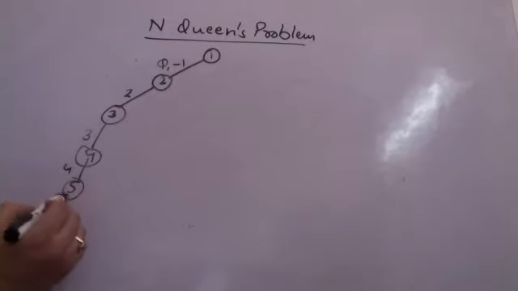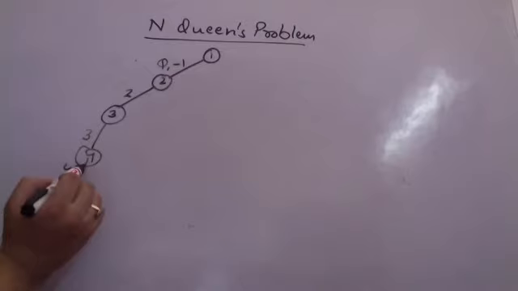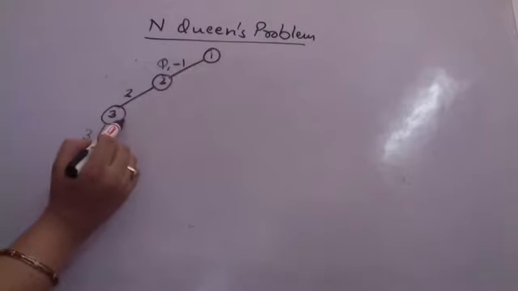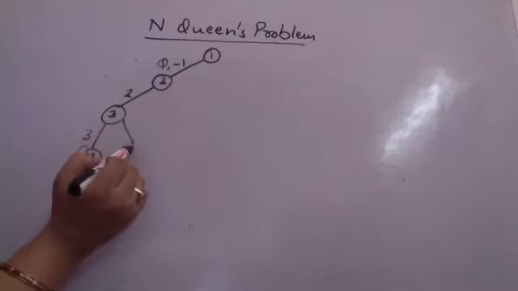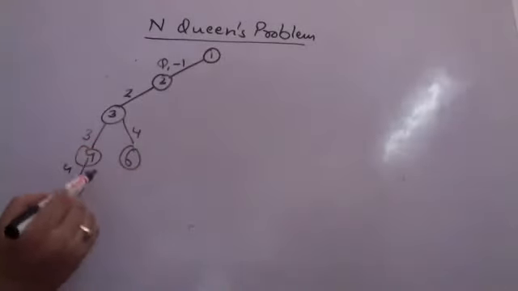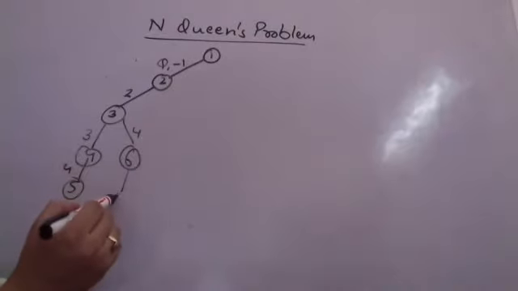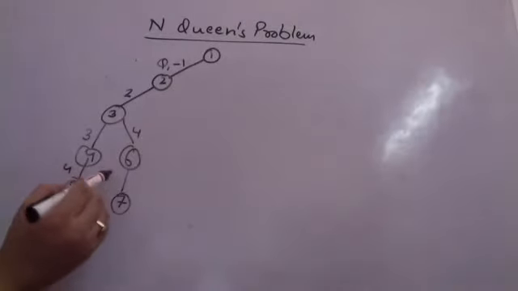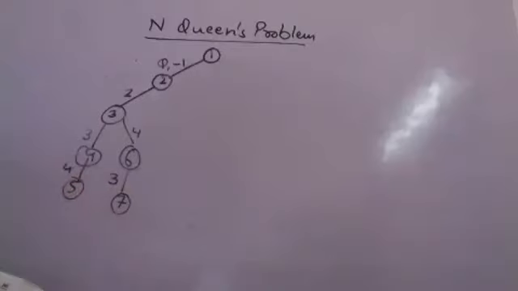Similarly, now from where we will be changing. Since this is not feasible when we are reaching here, this was also not feasible, we go here. We try to change from here and we are changing the position of queen 3 from 3 to 4. Now again we do not have a feasible solution, so we change the position of queen 4 from 4 to 3. Are you understanding what is happening in the state space diagram?